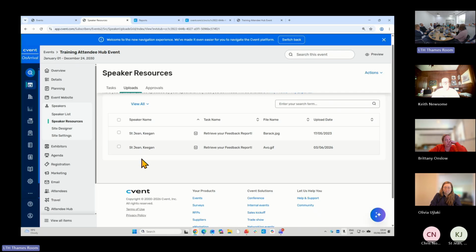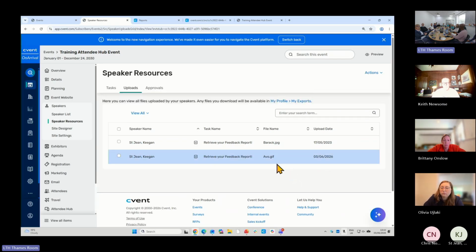Yeah, they can keep updating. They can continue to add additional things if they want to. For example, here, it's the same question and I've uploaded two files. And it shows you the date when it was uploaded by the delegate as well. So yeah, you can. And to your question about whether I can see it: